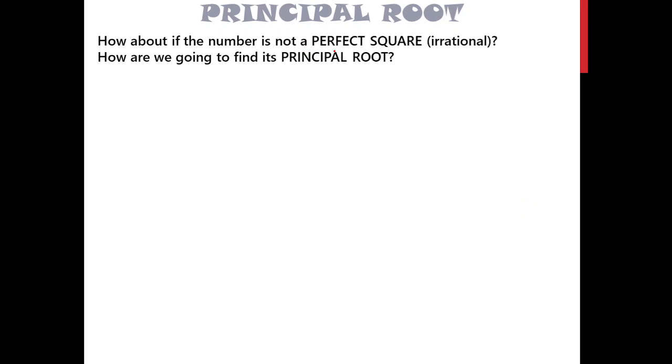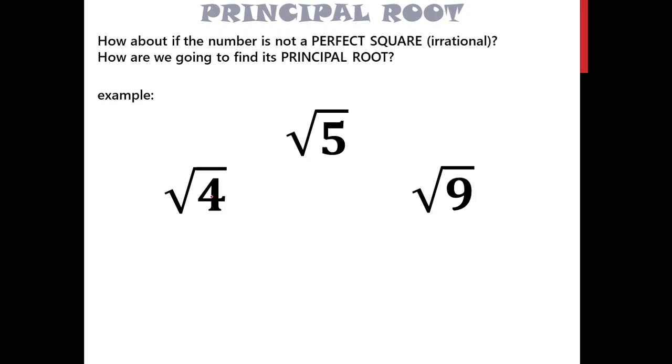Okay? Now, what about if the number is not a perfect square? The number is an irrational number. How are we going to find the principal root? So say for example here, the square root of 5. Now based on our table earlier, we do not have 5 as a perfect square. So we have 1, and then after 1, that's 4. Then after 4, that's 9, right? So here, the square root of 5 lies between the square root of 4 and square root of